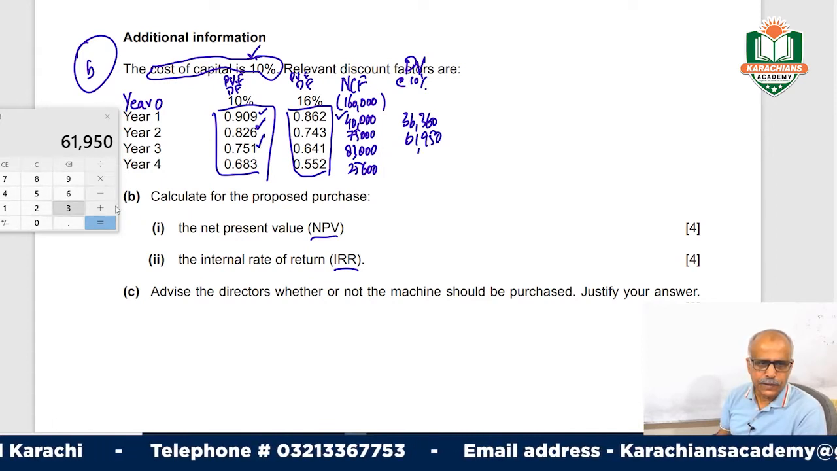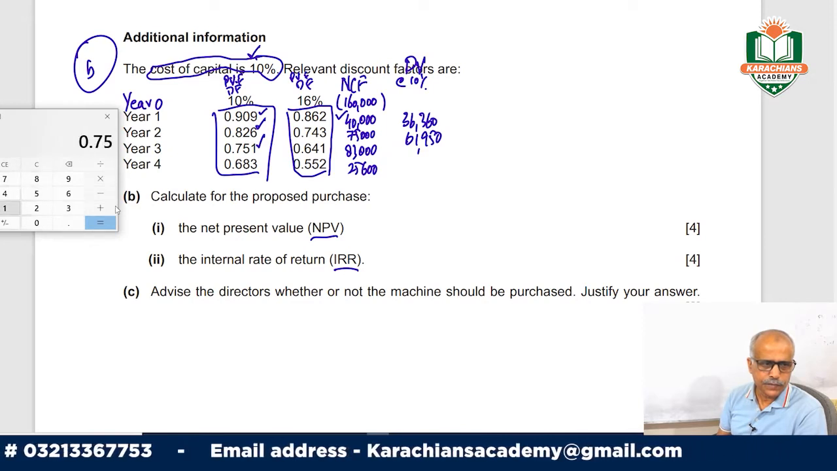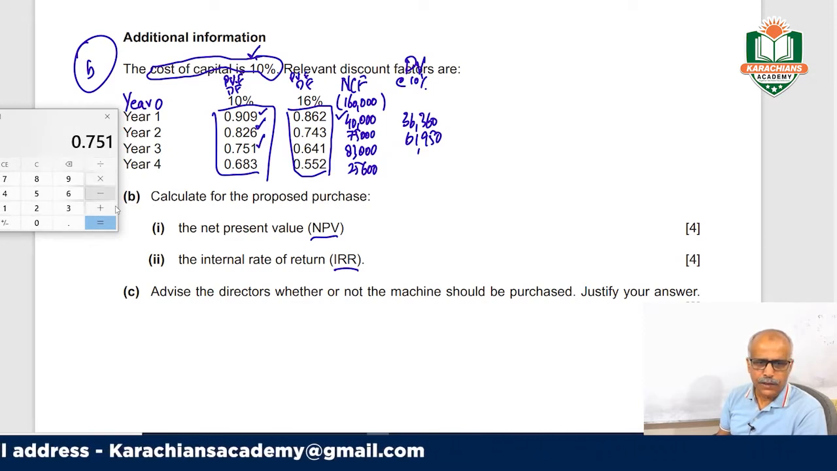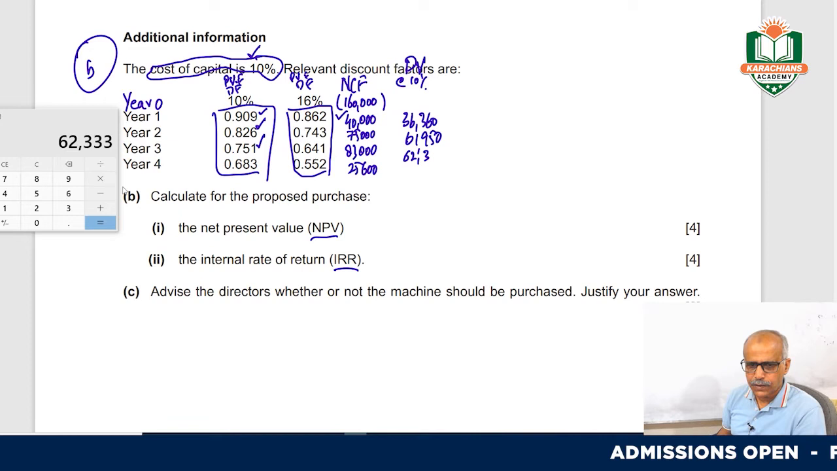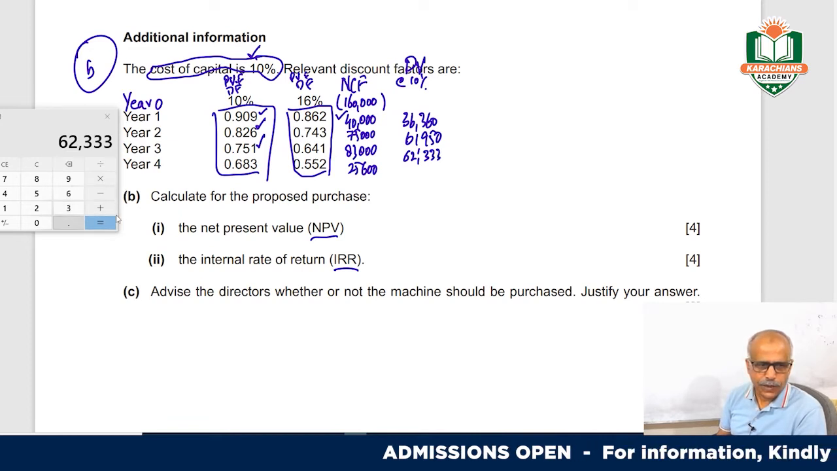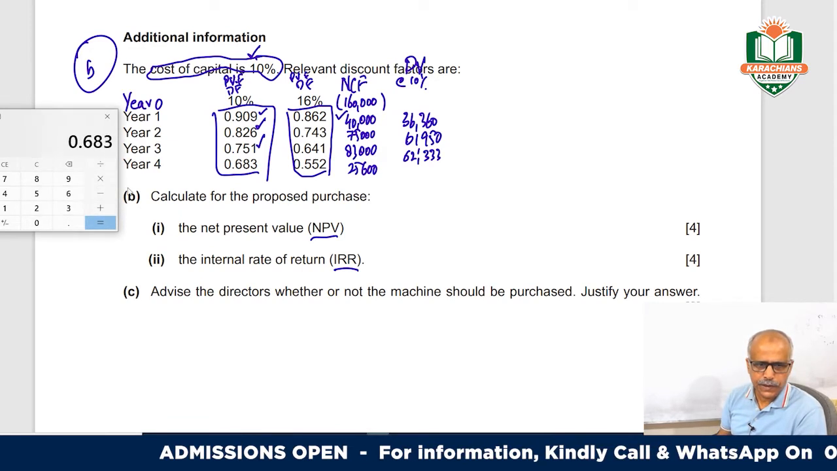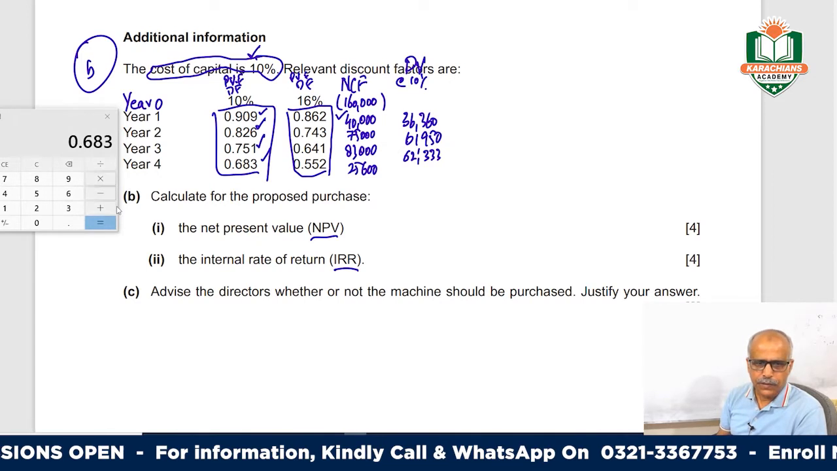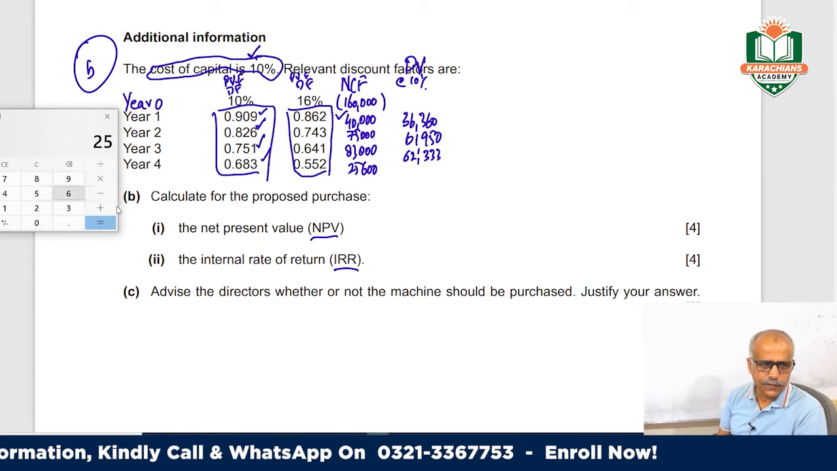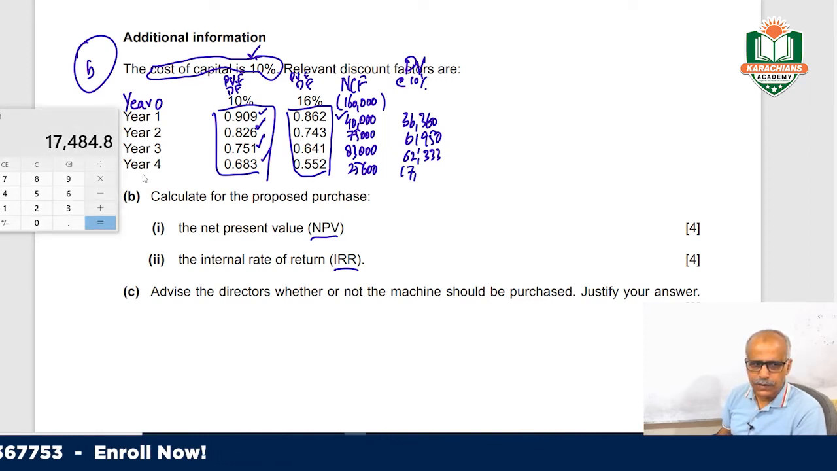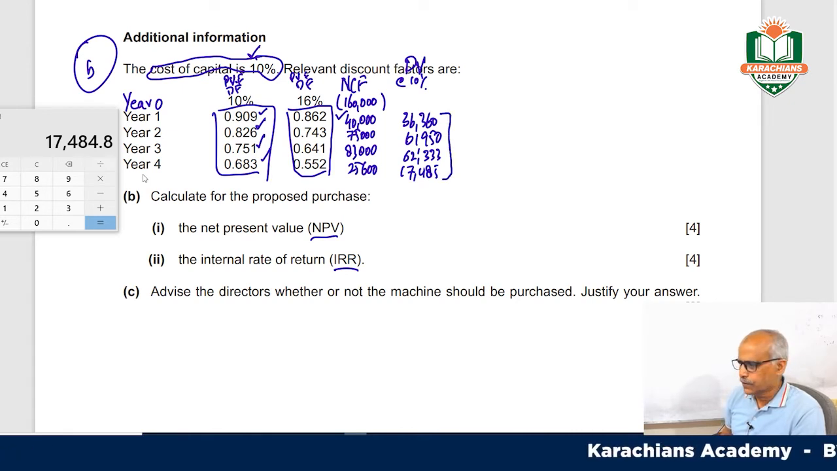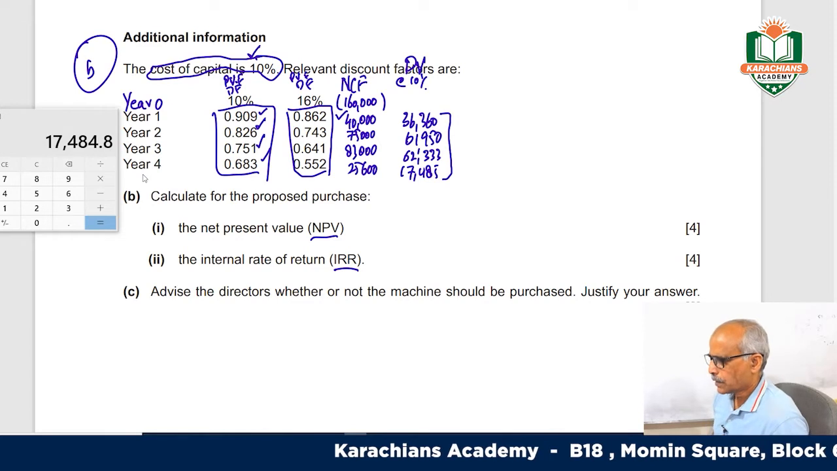Then 0.751 multiply by 83,000. This will be 62,333. And 0.683 multiply by 25,600. This will be 17,485. So if we calculate all of these positive values,